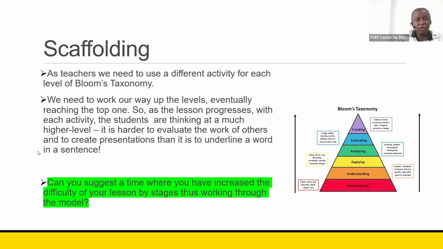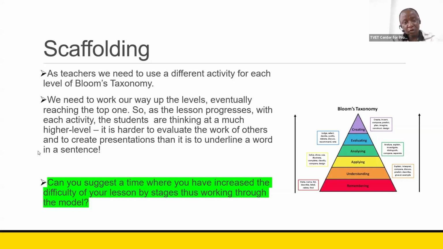I will come down to remembering on Bloom's taxonomy, and in that I present a question, giving a scenario of asking them to list, for example, the types of hydraulics to gain their understanding of what hydraulic is. So I will ask them to list the 2 types of hydraulic system